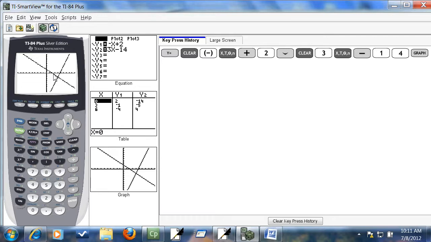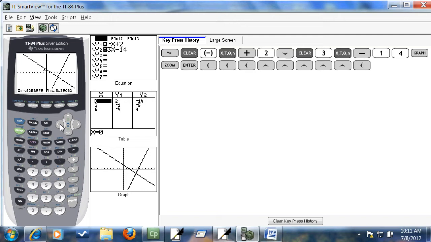I'm not even sure if I can see it here. I'm going to zoom in. Press zoom, choose zoom box, the first one. So I'll just go ahead and press enter on it. We just got a flashing cursor in the middle there. If I use my left arrow key and up arrow key, and put it maybe about right there, it doesn't have to be perfect. And press enter one time. It'll change to a flashing box. Now I start doing a down arrow and right arrow,